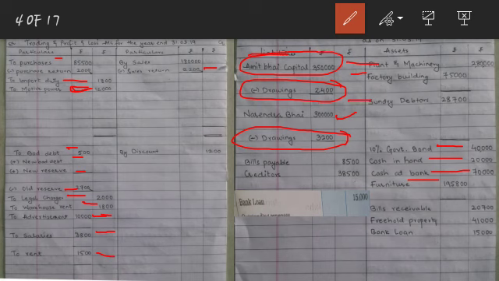Bills receivable is our asset, so write it down directly in the outer column without adjustment. Freehold property again our asset, so outer column. To the credit balances, you can see the capital balances are given 3,50,000 and 3 lakh. Capital balances are our liability, we write it here, 3 lakh 50,000 for Amit Bhai and for Narendra Bhai it is 3 lakh. So this side 3 lakh here. Then sales goes to, we already have mentioned here, trading account credit side sales. In the inner column we left out the amount. So you got sales here, 1,80,000 mentioned here.